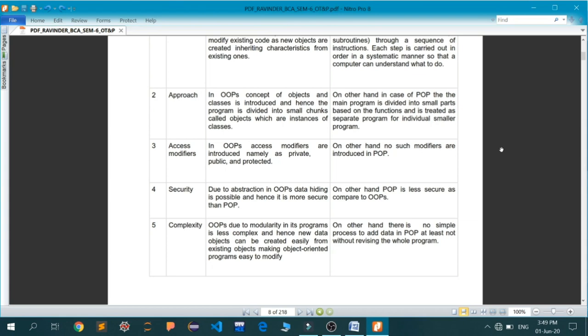There are no classes and no objects. Your complete main code is divided into very small parts. Those are called functions, and those functions perform some smaller tasks, and in conjunction with each other, they try to maintain the sanctity of the main application.